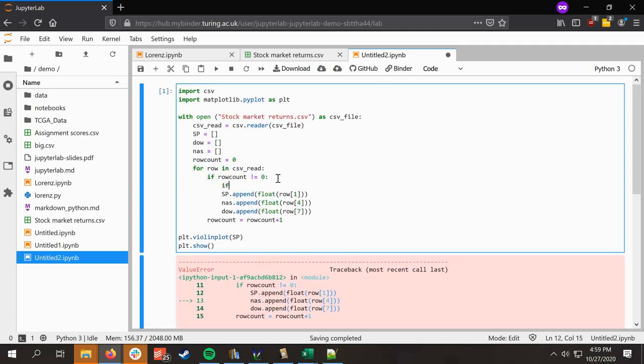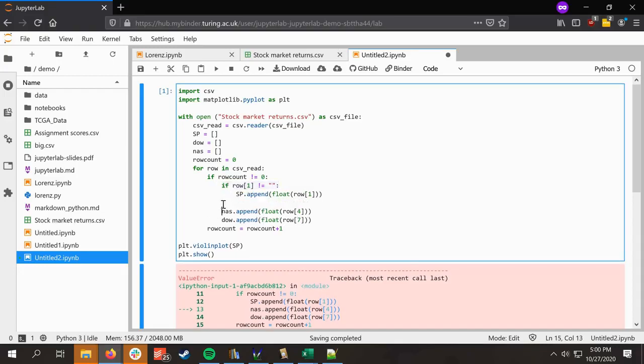So I could say if row 1 does not equal an empty string, so all it is quotation marks with nothing in there, colon, because it's a control statement. And then basically I can copy and paste this in, but change it to row 4. I need to indent after a control statement, and then